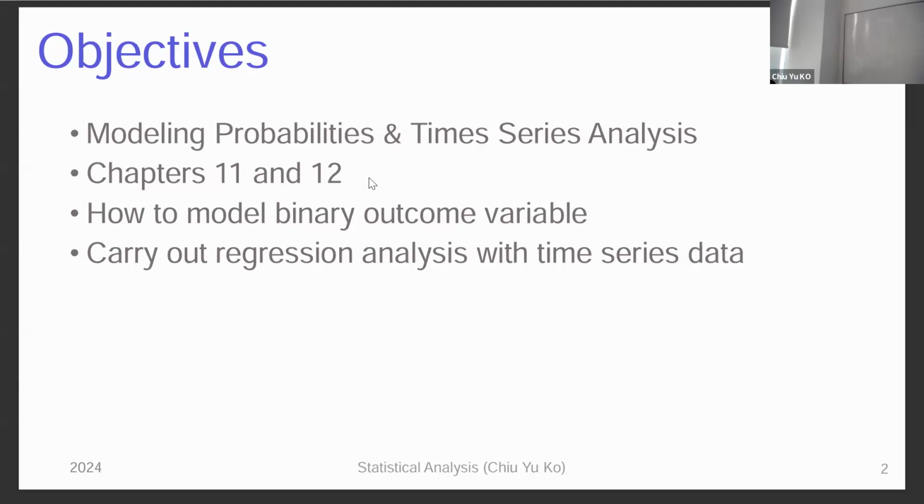Or in general, the number can be just non-negative: 0, 1, 2, 3, 4, 5. How many times they click, right? Then your regression will be very different. In general, there are many ways to handle that, because when y is limited, we call it a limited dependent variable, and the way to do regression will be different. Because of time, although the textbook only focuses on the case where y is only 0 or 1,